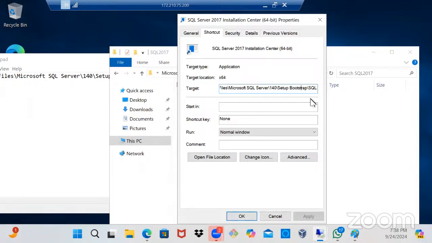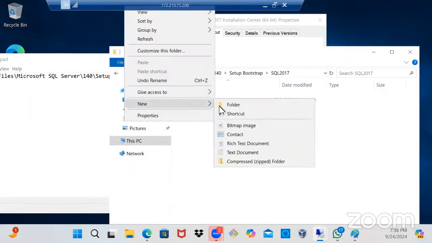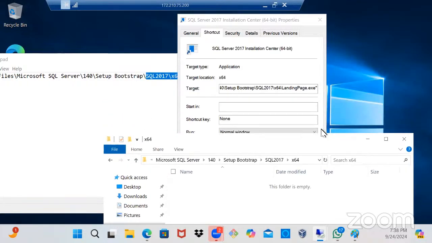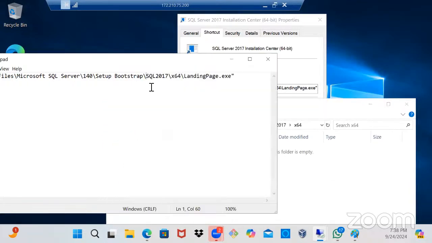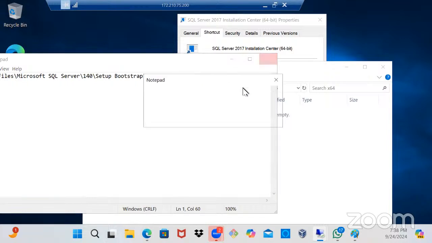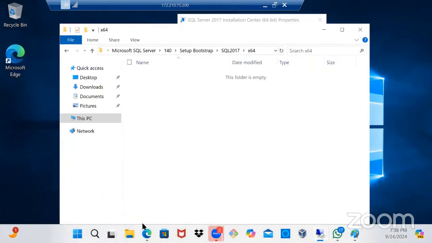SQL 17. X64. Okay. Right. Is this what we have there? Yes. Is this what we have? Yep. Okay, then we have the landing. Good. So we have the path now set up for us, which is what we wanted to see. So close your notepad. So now we're going to go to